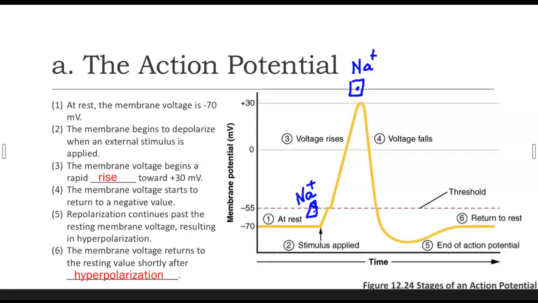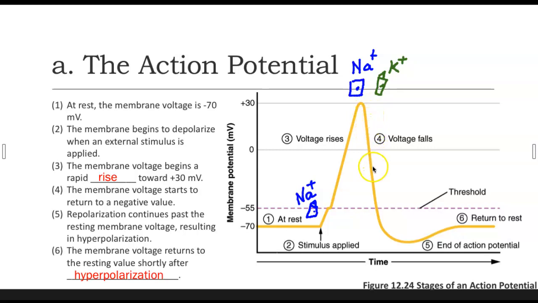So I have to take a minute and draw these in. Imagine those voltage gated channels are like doors. Here my sodium door is going to open. That allows all the sodium to move in through that door. And then here my sodium voltage gated channels, or my door, is going to shut. Instead, we have another door that is going to open, and that is going to be my potassium voltage gated channels. Because I reached positive 30, that's what causes these potassium voltage gated channels to open, these doors to open. So now all this potassium is going to rush